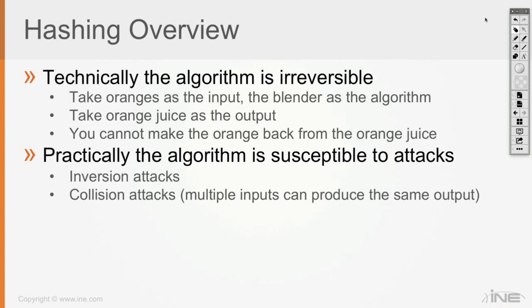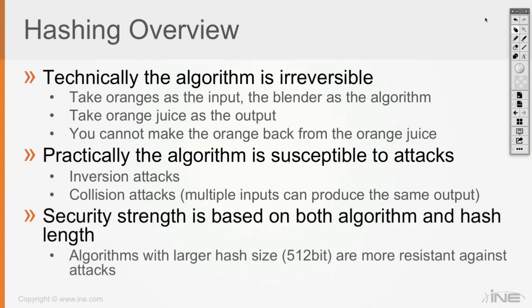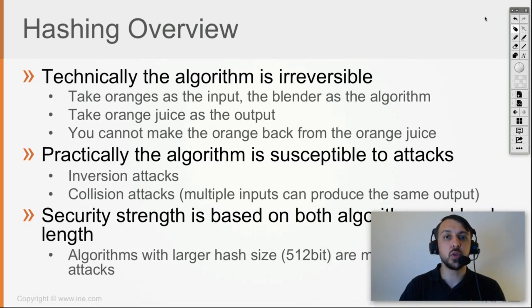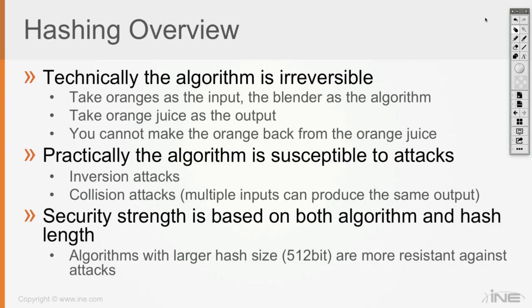Now, of course, as you can imagine, that's one weakness of the hashing algorithm: multiple inputs can produce the same output. And that makes sense, as I stated, because you try to represent a big packet of size 1500 bytes or even bigger with a very small hash value, which is 128-bit, or which for SHA-2 can be 512 bits. So for that reason, clearly the strength of the hashing function